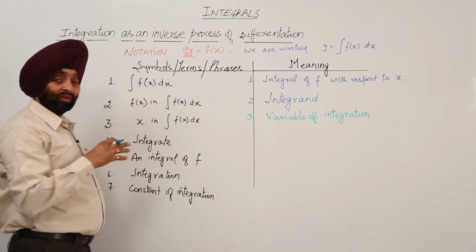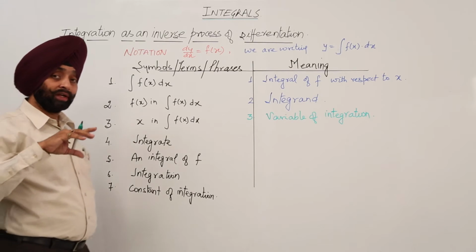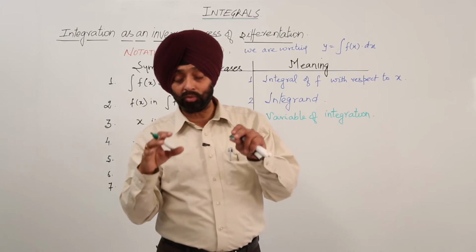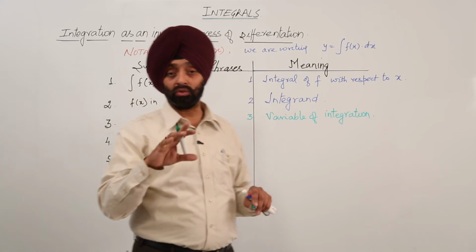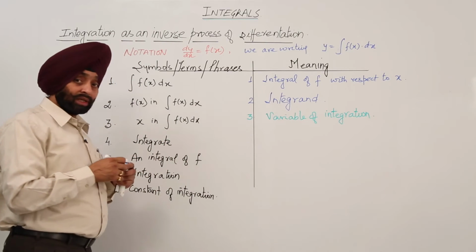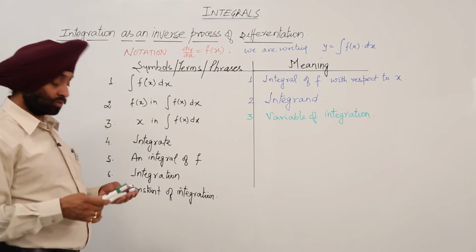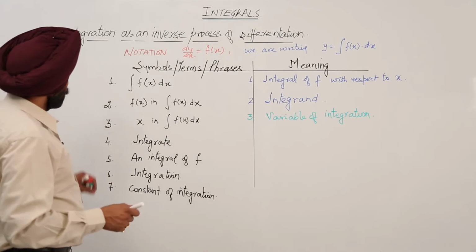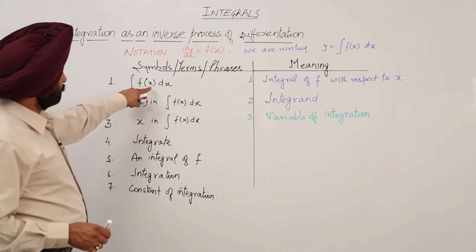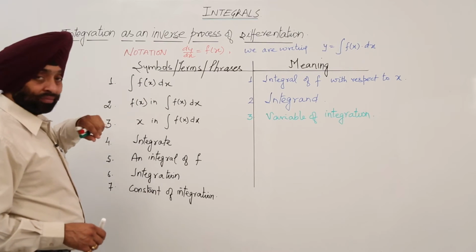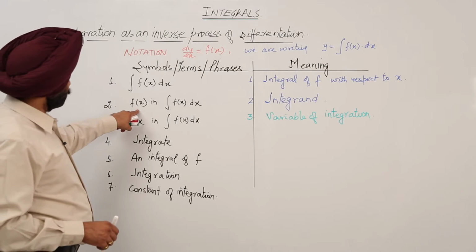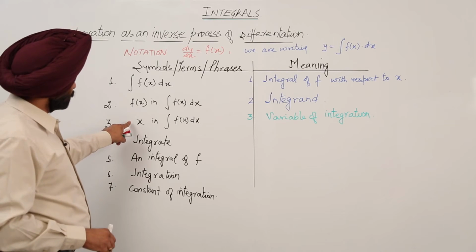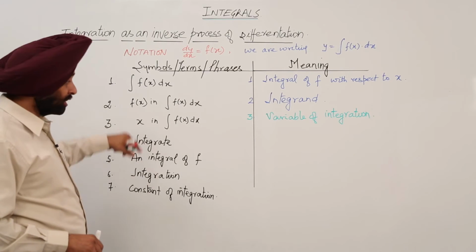Suppose we have any other symbol, let it be t, and it is written with dx, then t will be treated as a constant term. We are not going to integrate that term. t can be integrated only with dt. I will tell you that when we solve the questions. Now integration of f(x) dx is called the integral of f with respect to x. f(x) in this formula is the integrand, and x is the variable of integration.